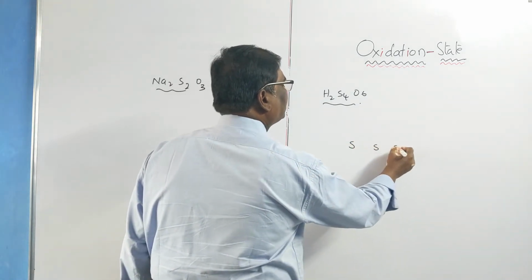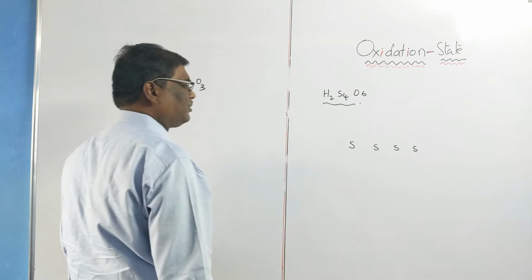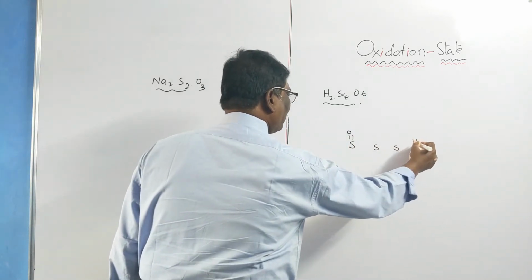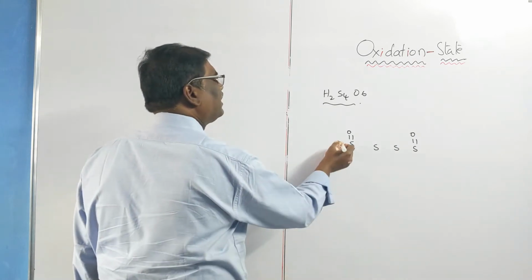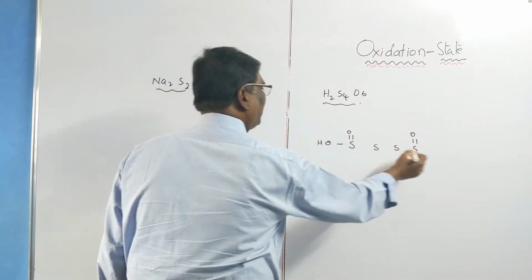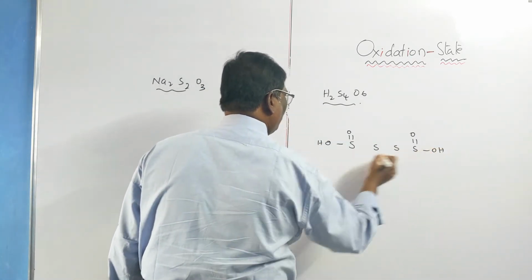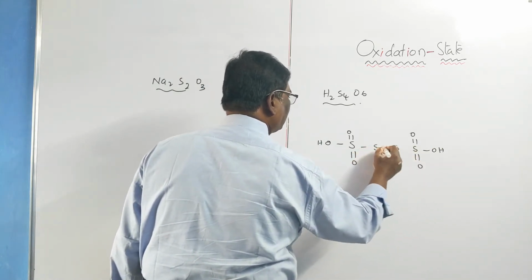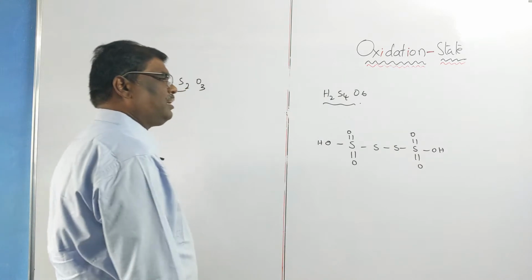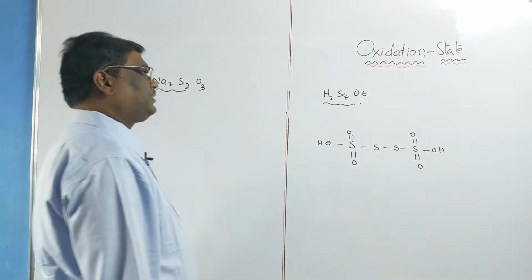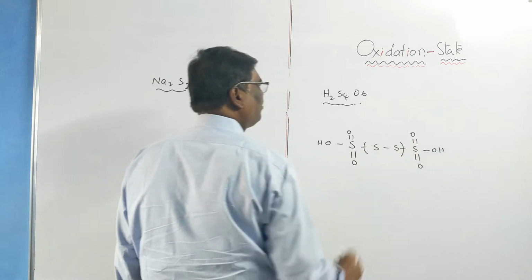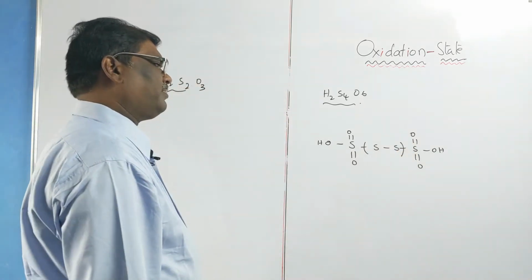There are 4 sulfur atoms. Now, sulfur makes a double bond. The terminal sulfur also makes a double bond. Later OH group and OH group. One more oxygen, one more oxygen. Thus the oxygens are first given to the terminal sulfur atoms. Thus the more number of sulfurs are taken in between 2 terminal sulfur atoms.